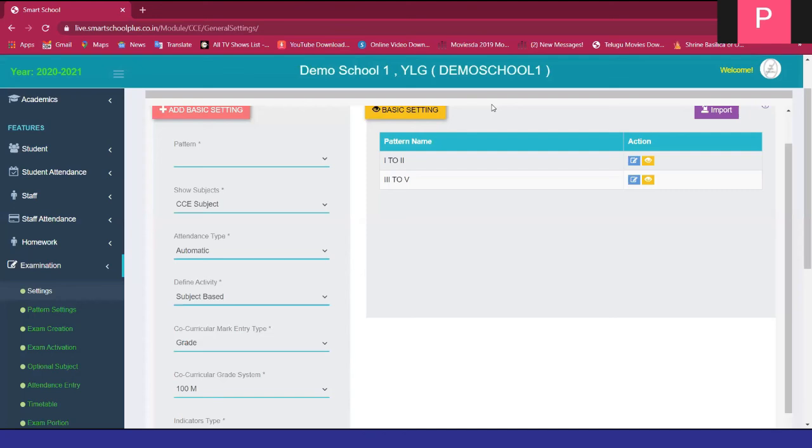Okay, it's a good suggestion anyway. We will take it and we will try to make that provision so that we can change in between and have a different setup in between also. So that possibility we will try to give. Thank you for your good suggestion, ma'am. Which school?